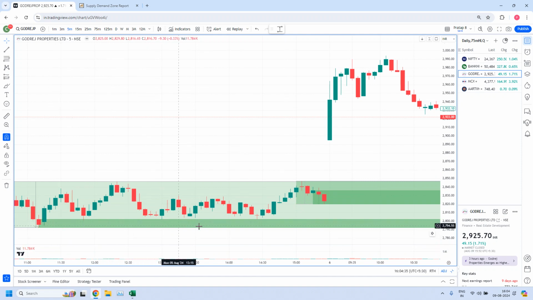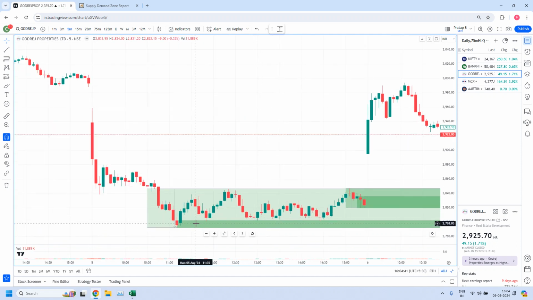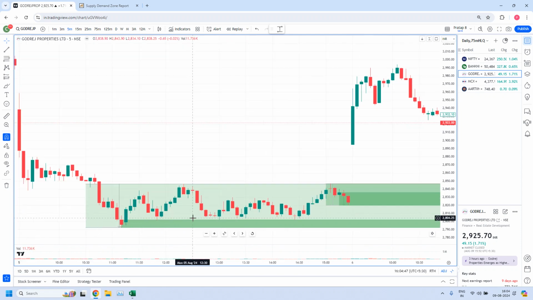That means a strong order flow in this zone, because this is a 5 minutes, it could be a 5 minutes high liquidity zone, which is part of the 75 minutes high liquidity zone. We already learned the 5-minute high liquidity zone, even though it is not a fine-tuned zone, it can be considered